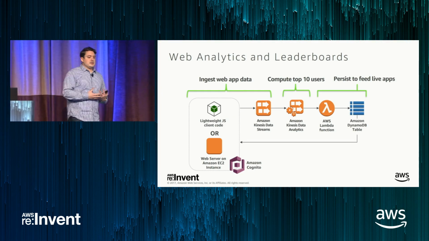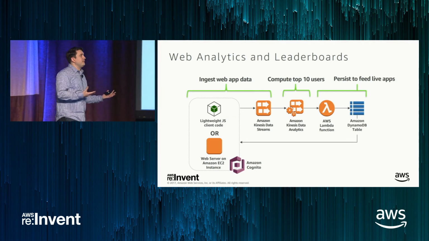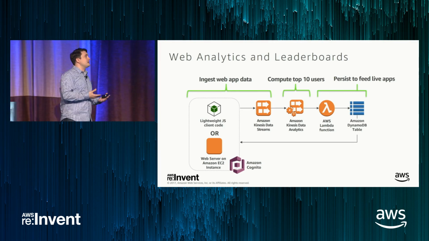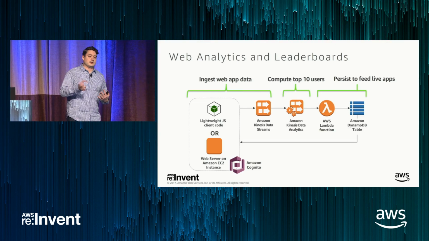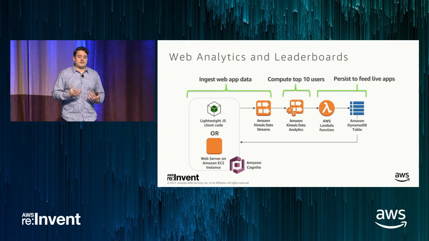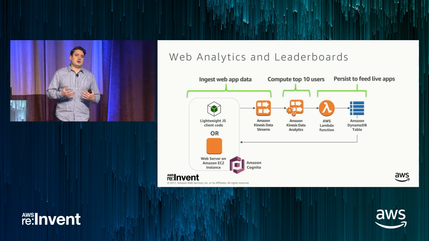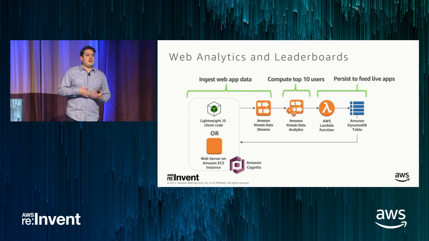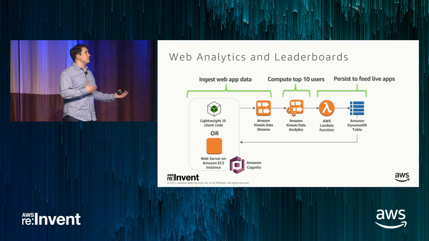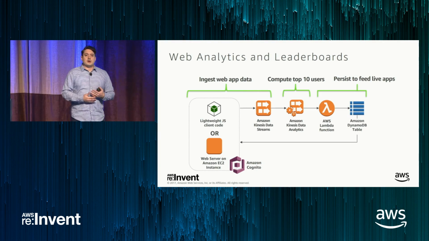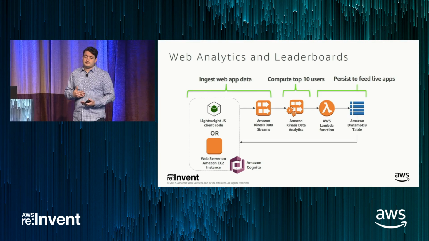So web analytics and user boards. Here's a common architecture that we see our customers implement. They'll have either a lightweight piece of JavaScript client code running on their browser or mobile app, or a web server on Amazon EC2 using Amazon Cognito to provide secure or temporary credentials. This is the pattern we brought up in the very beginning of the presentation, this is your data producer. This is where you're ingesting the data at the main point and where you're writing data to the Kinesis stream. You'll ingest that data to a Kinesis stream.